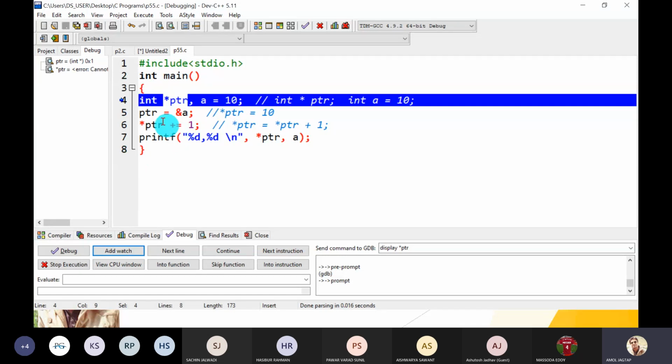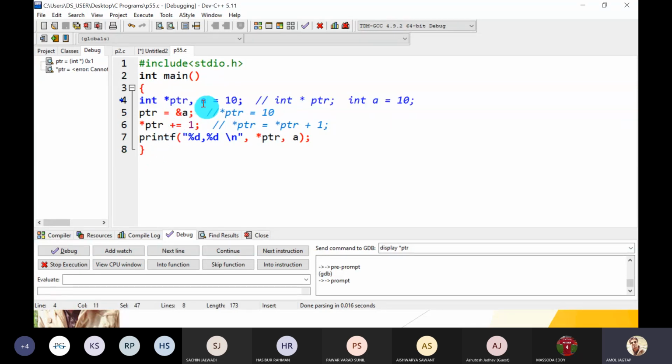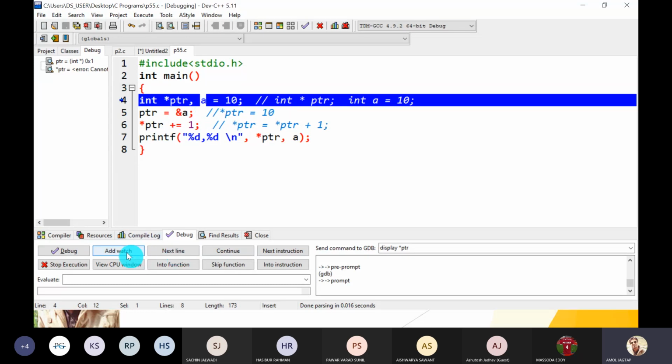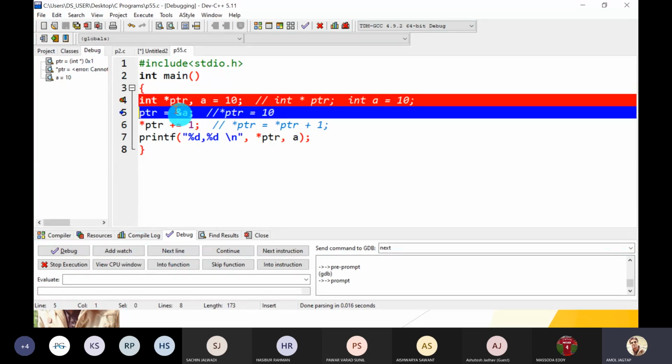We want to print the value of A also, so check A, add the watch. The initial value of A is equal to 0. Next, click on the next line. The first line gets executed. After that A's value is 10. *PTR, okay, cannot access.